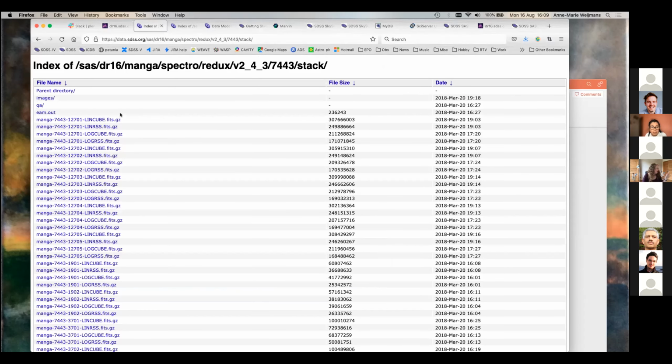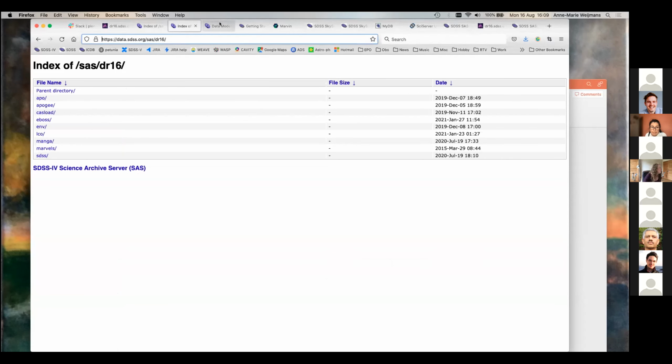Okay, so that is where to go for my data. I can now download it. I can also do a bulk download. And again, there is a website in my slides, which will also go online for you to find. But that doesn't tell you yet, okay, but what actually is in that file? So every data product that we publish in Sloan has a data model. And a data model,